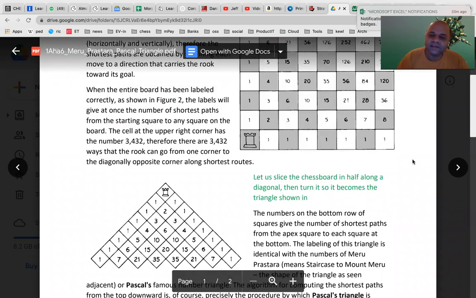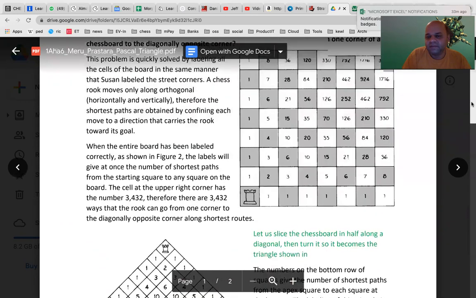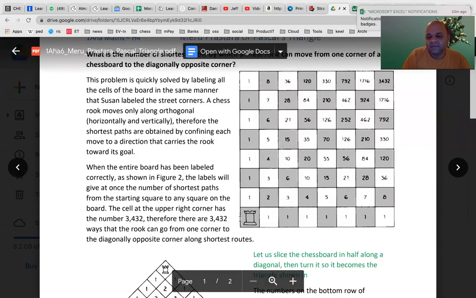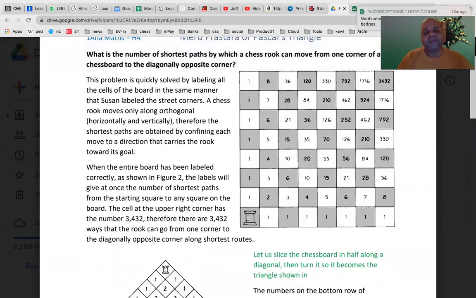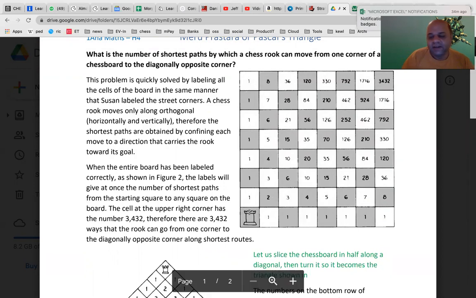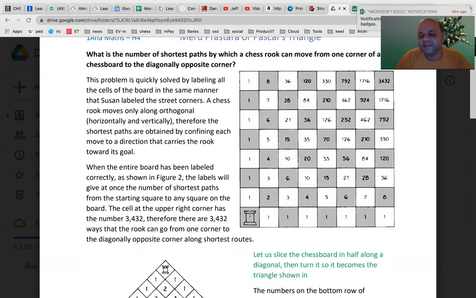Sir, is there a way to find the shortest way for the rook to get to one square? Like what you said, so that it can take more than 2 moves, right, sir? Yeah. When we say shortest path, we don't mean how many moves. What we mean is how many squares it travels through to reach the destination square. That is what we mean by it. You got it? Yes, sir. How many squares does it traverse to reach the destination?